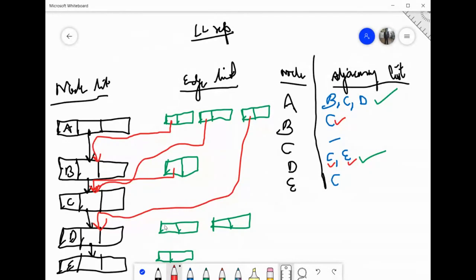For C and for E. So this is signifying C. Make it clear in the exam. And this is signifying E. Like this. For E, I have the edge list which is signifying C. So again, it will go to C like this. Any doubts?